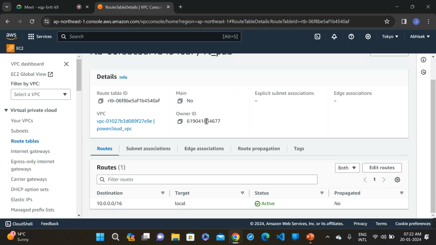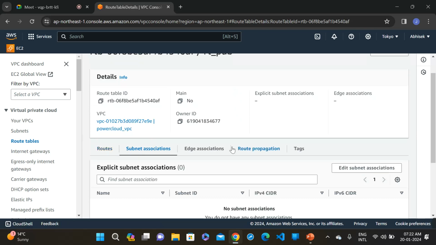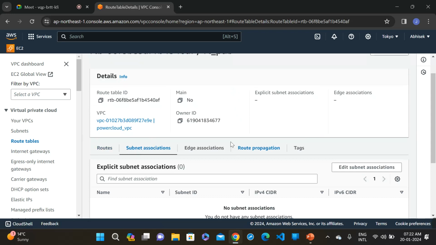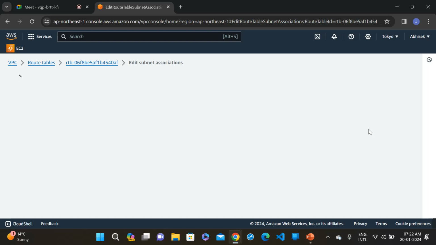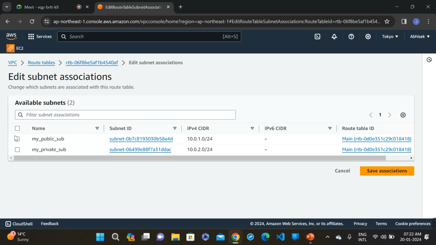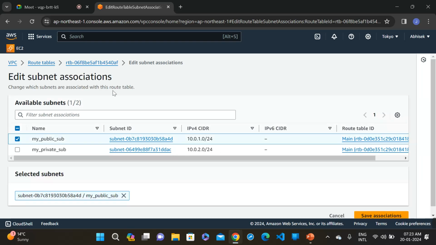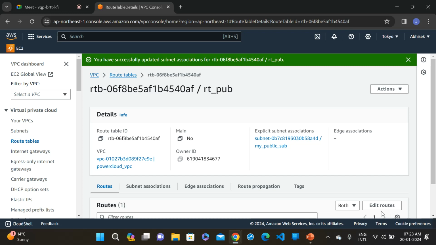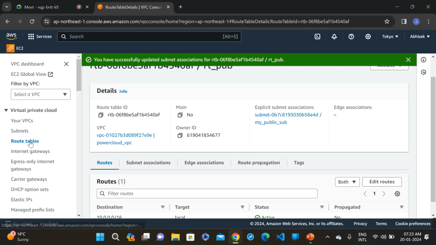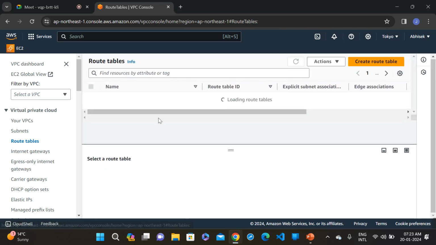This is the public route table, and we have to associate our subnet. Go to the edit subnet association and select the public one, because this is the public route table. That's why I am selecting the public subnet and save the association. Fine. And let's go again to the route table,